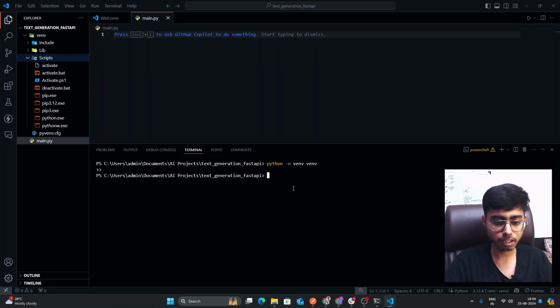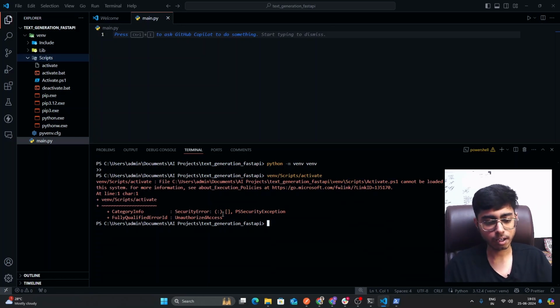So for that, you will say, hey, go inside the venv folder, then go inside the Scripts folder, and then run the activate file. So now we can see that an error has occurred. So let's solve it together. So basically it says unauthorized access. So basically my computer is not allowing me to run scripts